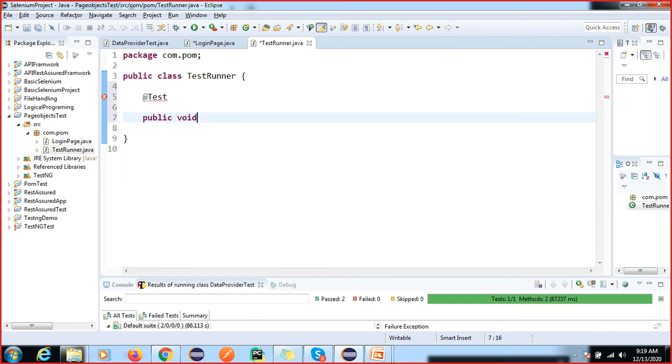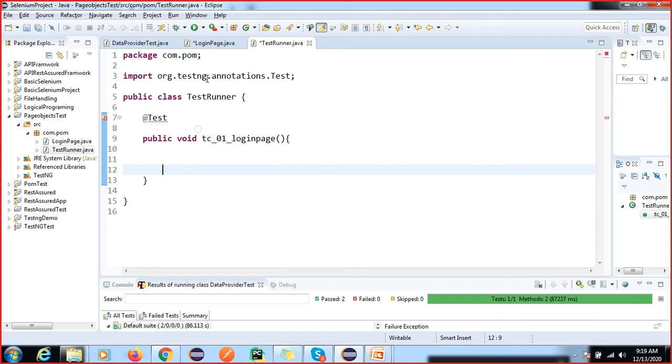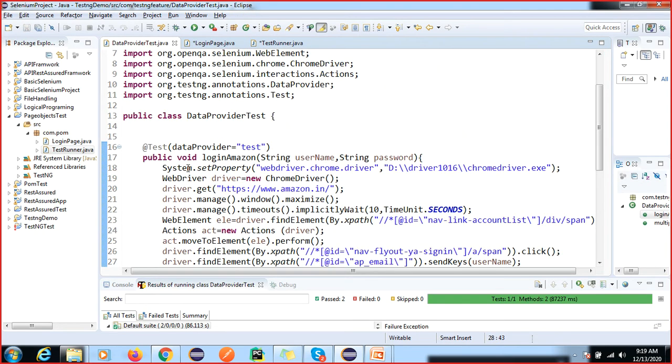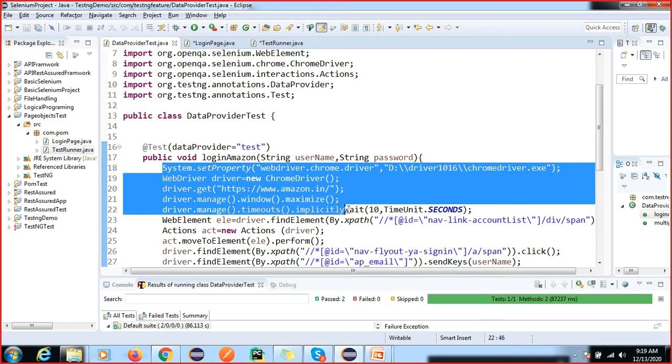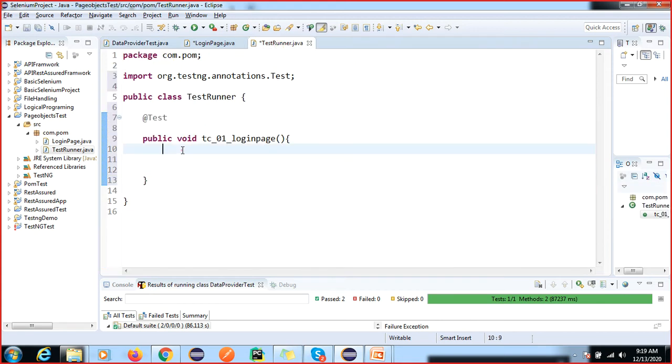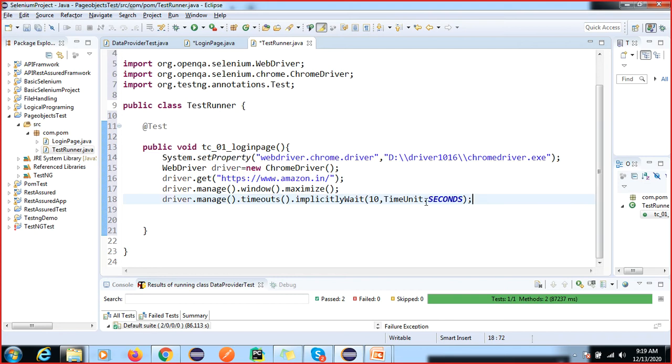Public void tc 01 login page. You have to import. These steps are the same, so we will copy this.